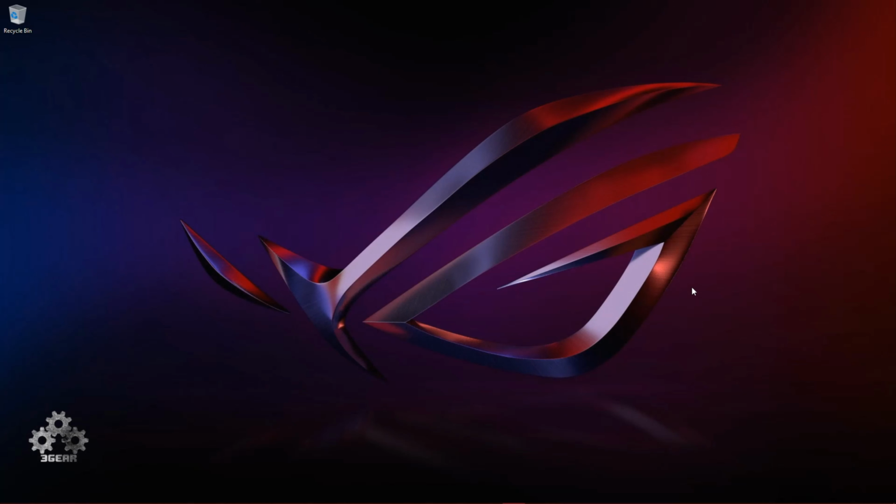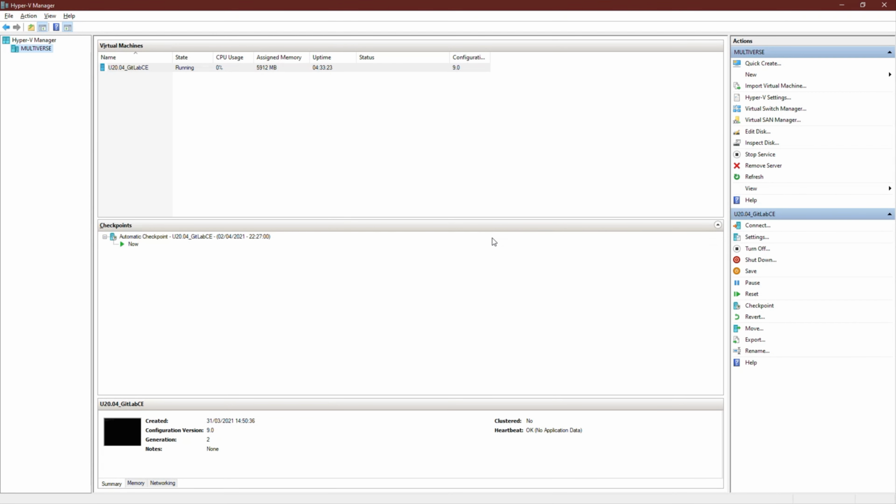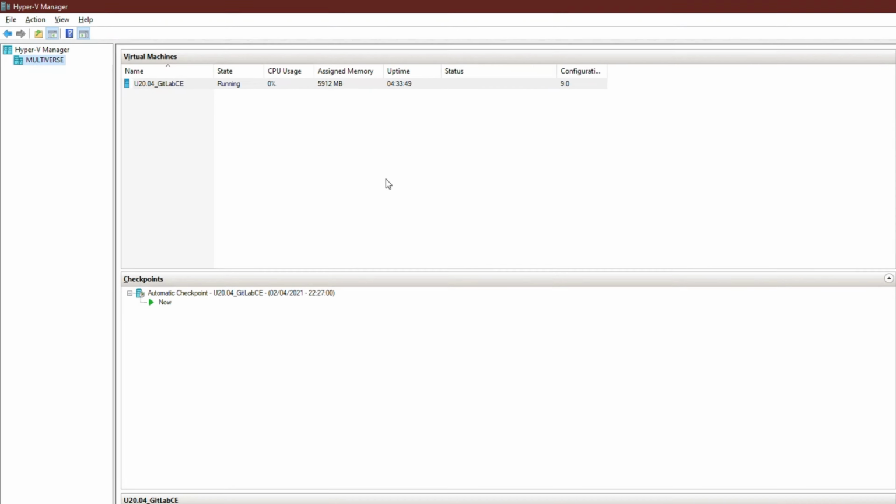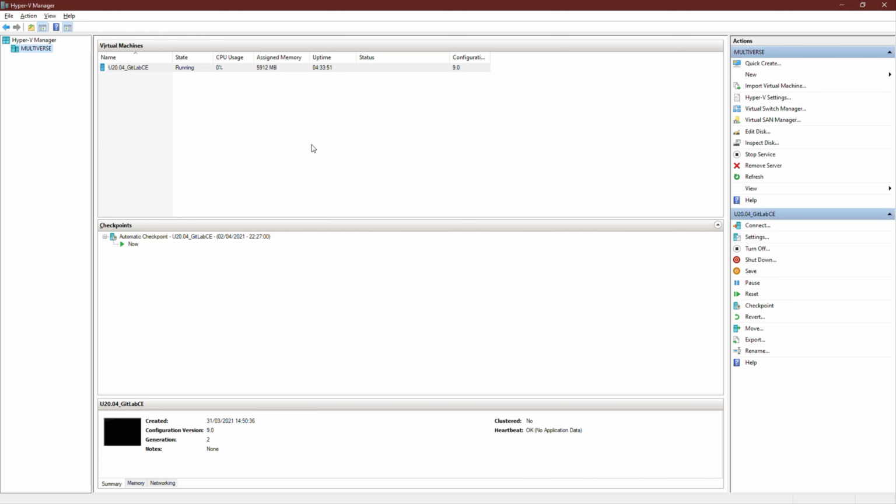Hello, my friends. Let's begin to configure our GitLab Community Edition. Open your Hyper-V Manager. Check if your virtual machine GitLab Community Edition is running. Next, open an internet browser.